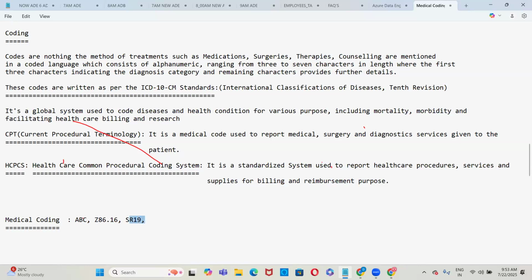So here it represents the name of the patient, the disease he has right now, and the method of treatment given to him. That is the medication given to him for treatment. Okay, so this is how a sample one I'm just writing. This is just a sample, nothing realistic, guys. So we are going to learn here how to write this code: the name of the patient, what type of disease he has, and what is the method of treatment.